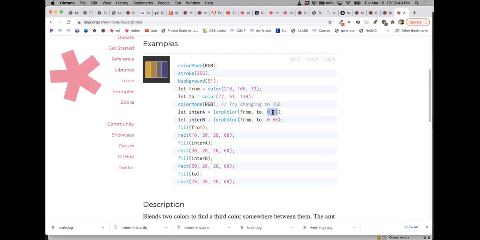So 0.33 will be 33% of the way. If you think about when you're an illustrator and you're making gradients, on that bar you've got one color on one end and one color on the other end, and there's that little arrow in between that you can adjust. That's what this is. This is saying at this point in the spectrum, this is the color I want to happen, and at this point in the spectrum, this is the color I want to happen. So if we were to do this,